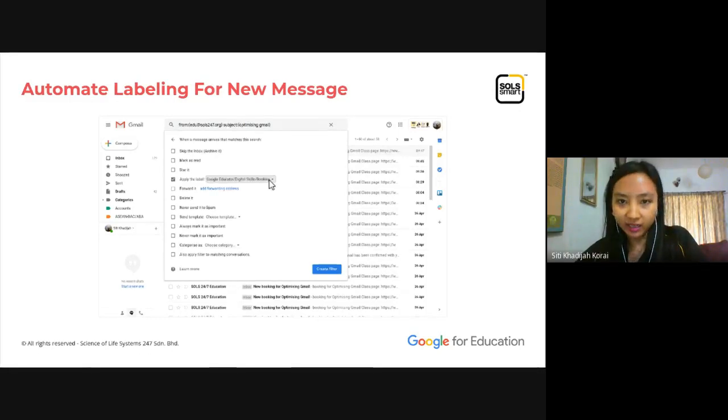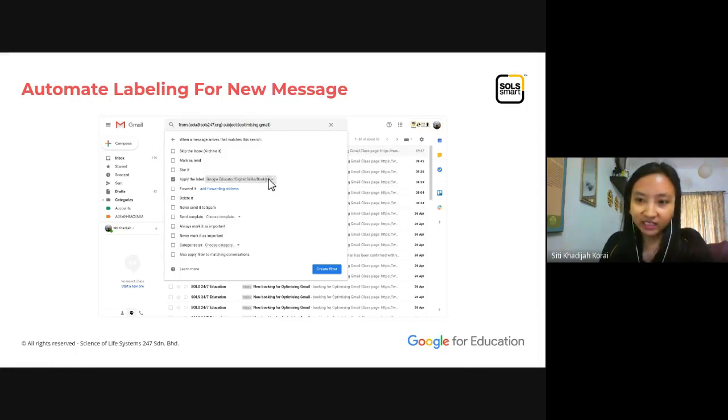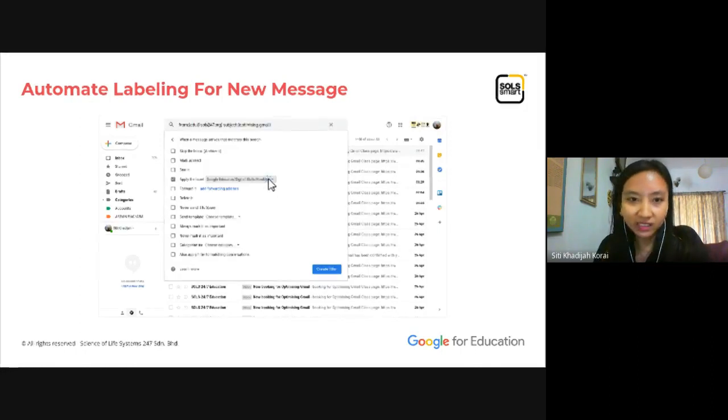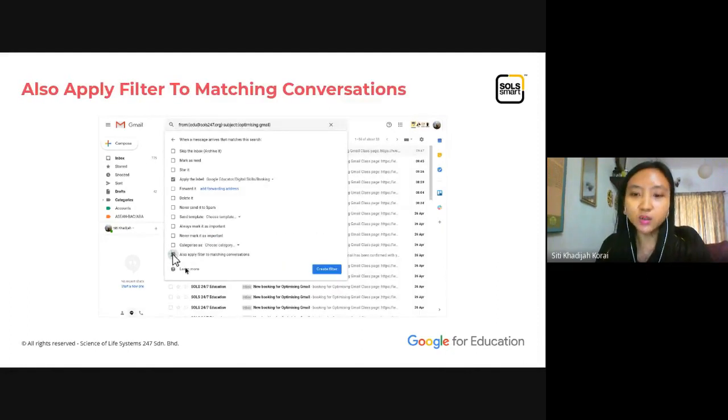I heard a question, so let me just go through my chat. Okay, how to set by topic? Yeah, the past mails, I believe I already showed you. So you need to ensure that you click on the last button. That's the most important button. Also apply filter to matching conversation. So that it will also filter everything else in your mail,